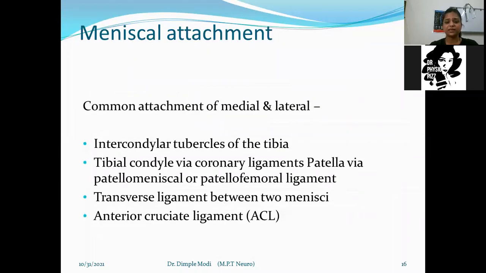So now I would like to tell you the attachments, how menisci are attached to the tibial bones. The open anterior and the posterior ends of the menisci are called the anterior and posterior horns, which are firmly attached to the tibia below. The medial meniscus has greater ligamentous and capsular attached restraints, limiting the translation to a greater extent than the